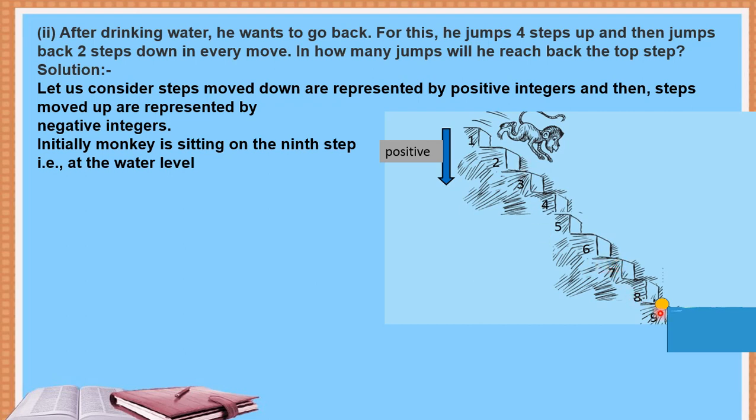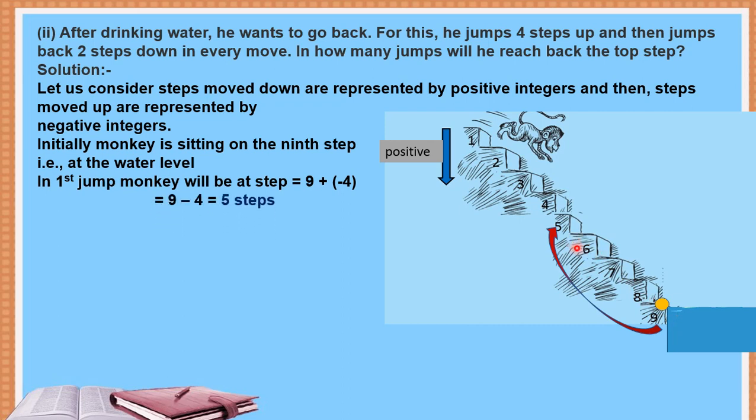So now, initially the monkey is sitting on the 9th step, that is at the water level. This is the position of the monkey at the 9th step. From this, what he has to do is jump 4 steps upside. Now upside we consider as negative integers, and jumping back, that means backside, is a positive integer. So let's start counting the jumps of the monkey. In the first jump, the monkey will be at 9 plus minus 4, that is